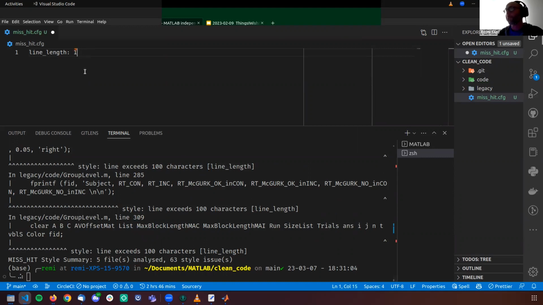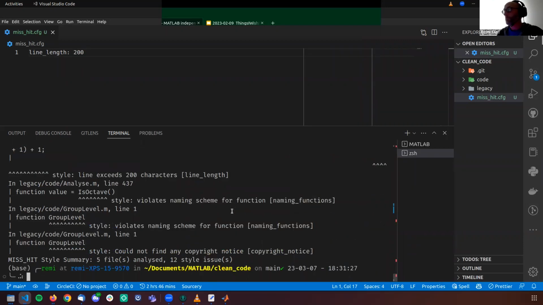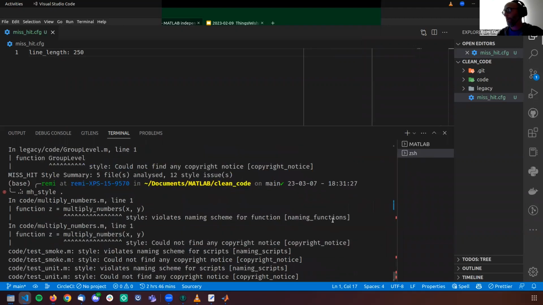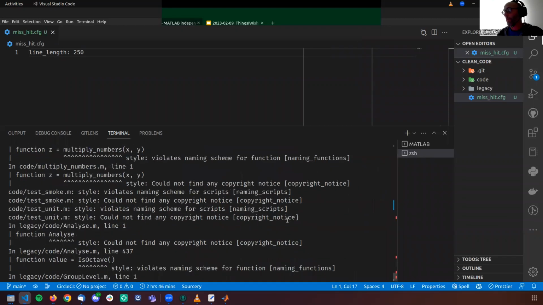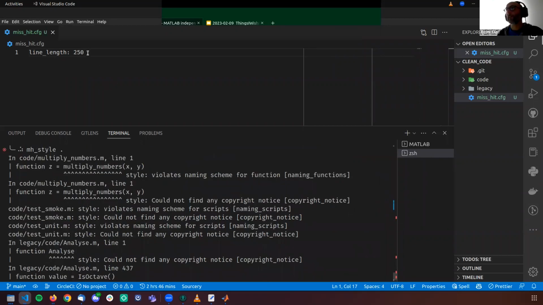So let's just increase that until we get to values where there are no more errors related to line length. Okay, so we still get some errors. Let's go to 200. We still get errors with line length. So let's go to 250. Okay. So apparently there are no more errors with line length. So on that front, we are good.